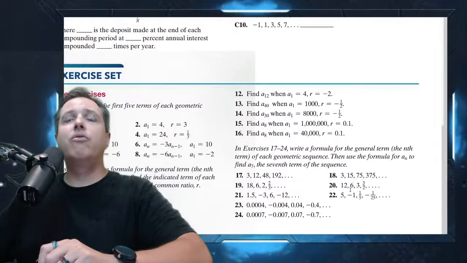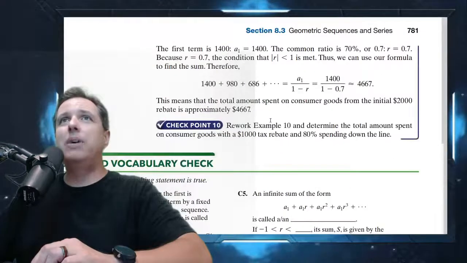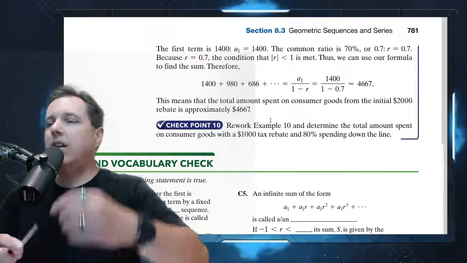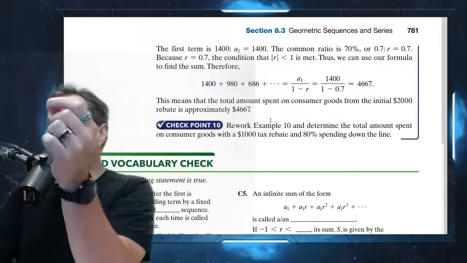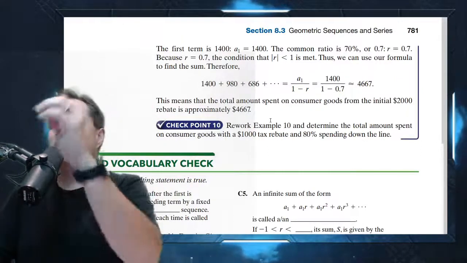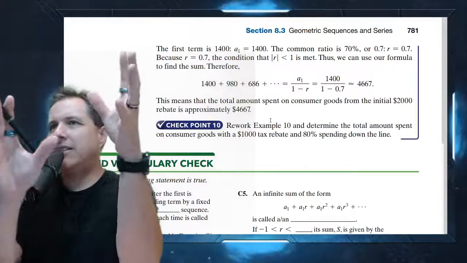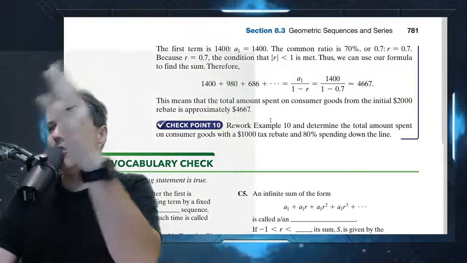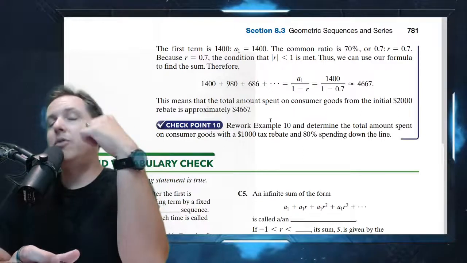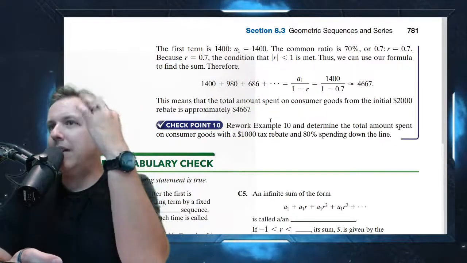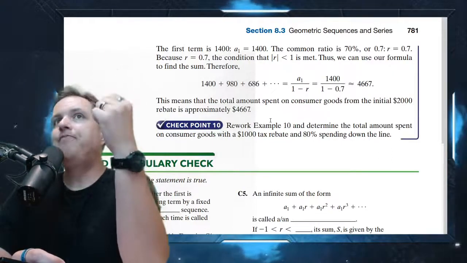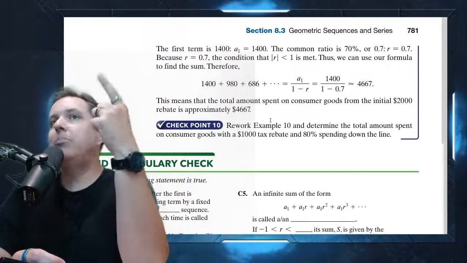And then that's 8.3. So I know it's kind of a new topic, and I know it's kind of a lot to take in quickly, and then you have a test in a couple days from now. So just try to, here's the key. If you get comfortable with the notation, you will be okay with the math. If you can piece it all together and you can separate in your brain, here's arithmetic sequences, here's geometric sequences, and you understand the difference, and you learn those basic formulas, and you know when to use them, the math is fine. But that's kind of the hard part, is making sense of the notation and getting to where the notation does not intimidate you, and you just got to work through those examples.